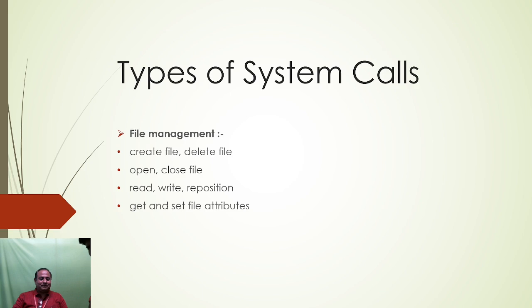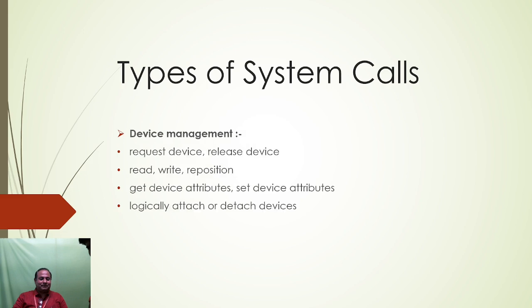And we have some other system calls which support file management. For creating a file we have one system call, and to delete a file we have another. For open and close we can use another system call. To read and write, it can perform the read operation, the write operation, and the reposition system call, which helps in repositioning the file. So these kinds of system calls support file management, from creating the file to deleting the file. All kinds of operations can be done by these system calls.